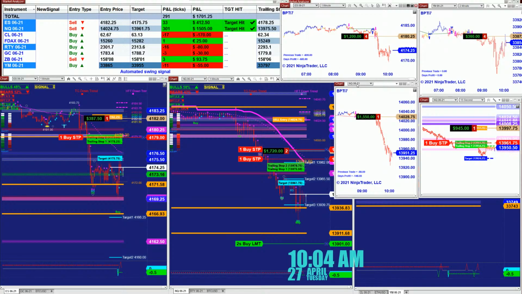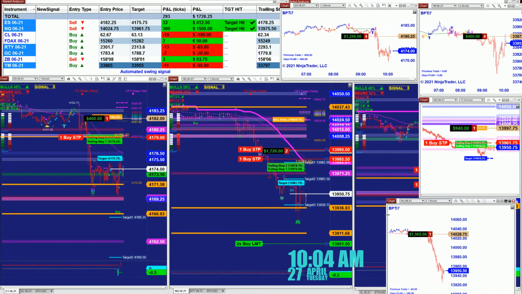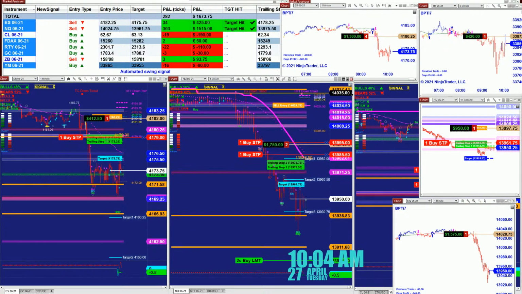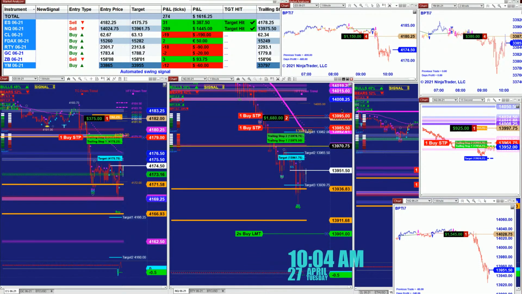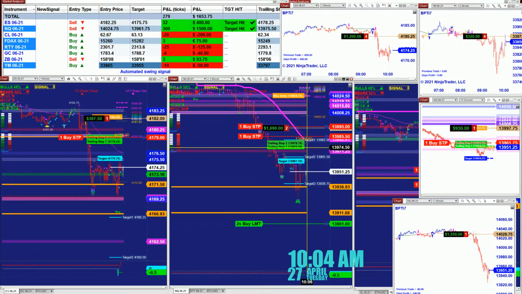If you missed the trend this morning on the NASDAQ, it's not too late. You still can get in on the NASDAQ. On SIM, we're not responsible for your trade. We're not your financial advisor. This is not a trading room, but if you want to go on a SIM, you can go around